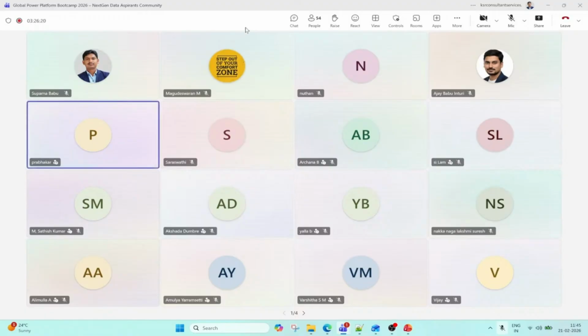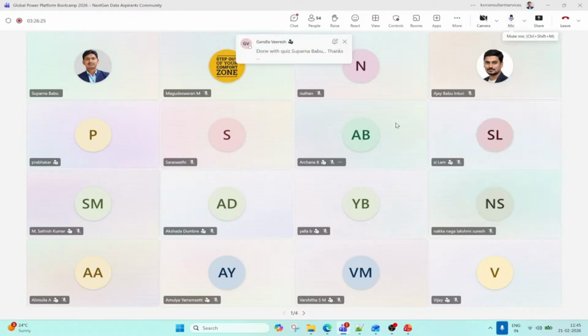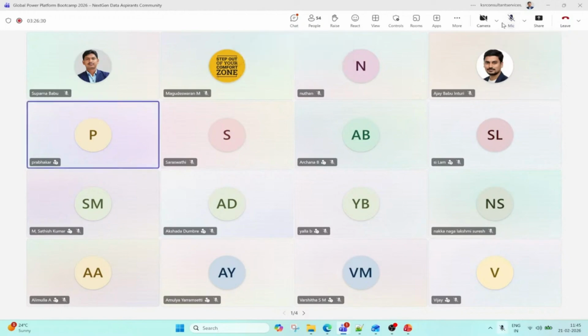Suparna, I have one question. Can I ask? Let's say you are my manager and you loaded, for example, Dynamics 365 data into a semantic model in the workspace, and you gave me access to it. You have not created any relationships, and you asked me to directly create the reports.